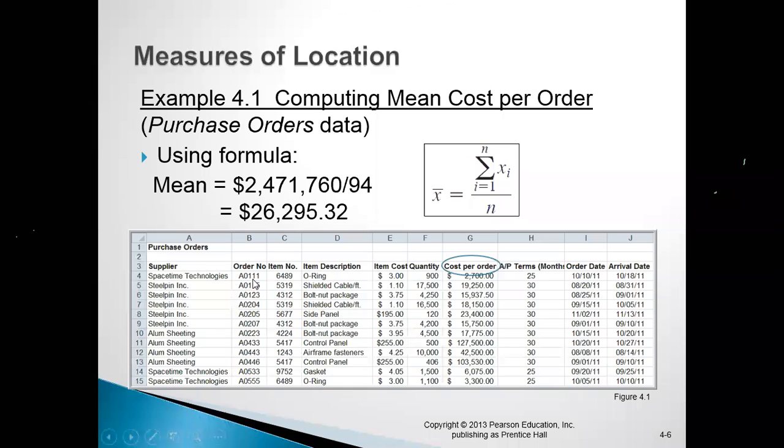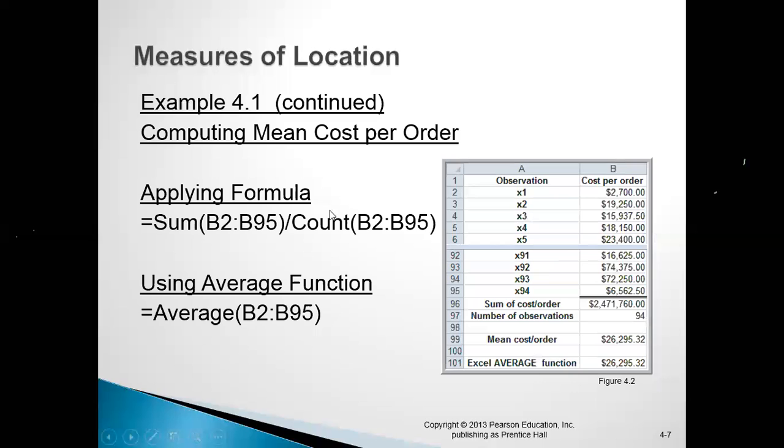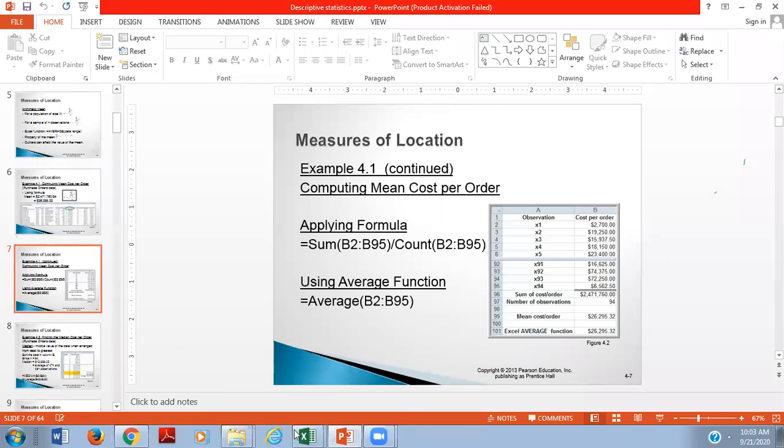So here we have one data set in front of you on your screen, where they have calculated cost per order. And this is the statistical formula for a particular sample mean. So here we have certain formulas that we're going to put in an Excel sheet. I'm going to take very simple values, not that much from the data that you have in front of you right now. So I'm going to open the Excel sheet again.